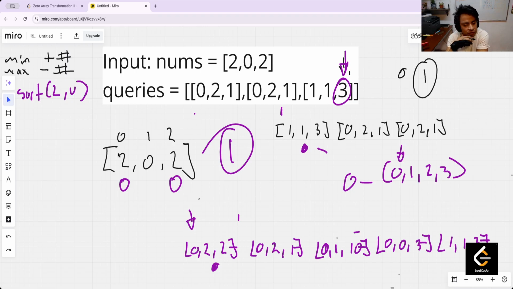I'm not sure if it's part of the solution or if I can use another strategy, because if I have a long array and very long queries too,